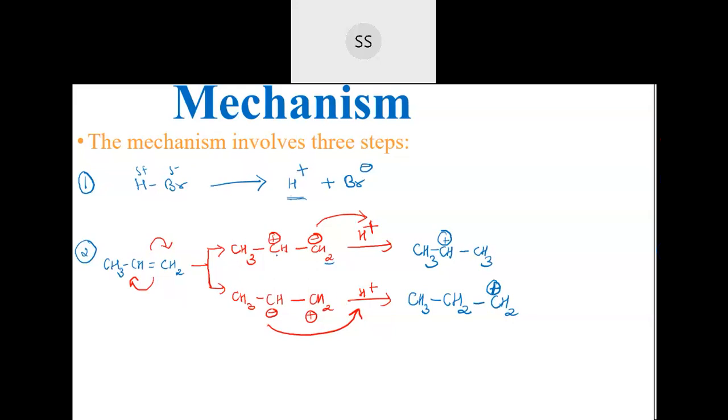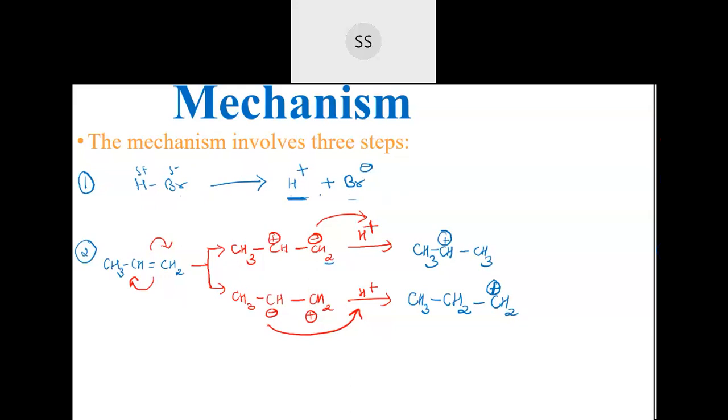So I'll repeat this once again. In the first step, HBr being polar breaks down into H plus and Br minus. Now, between H plus and Br minus, H plus is the smaller one, and smaller ones move faster compared to the heavier ones. It's a normal thing which you might have observed among people also. If you have one thin person and one who is a little healthy, the thin person can run faster than the healthier one. The same thing happens here.